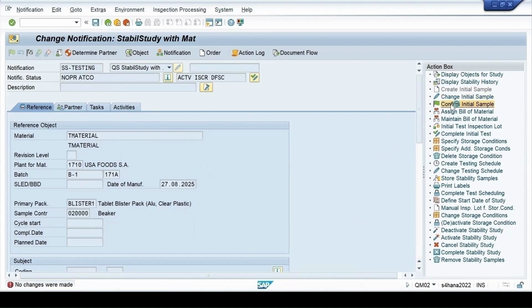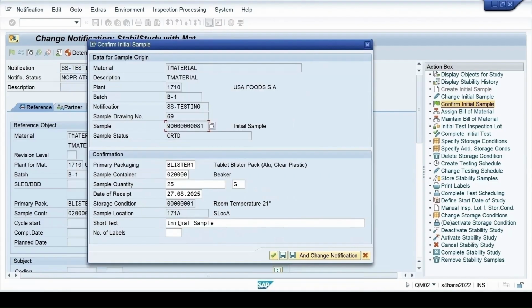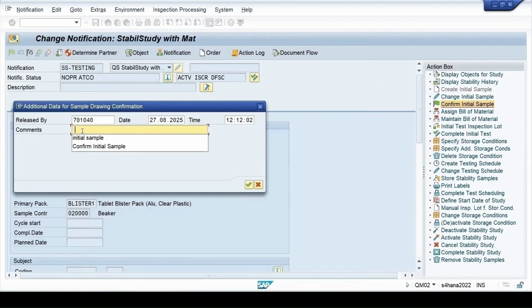On the status bar, you will get the information on whatever you are doing. In the last step, I haven't made any changes, so it is giving me the message "no changes were made." The sample number is generated for the sample. If you want the labels to be printed for the samples, you can enter the number of sample labels and click on save. If you want, you can maintain the comments,